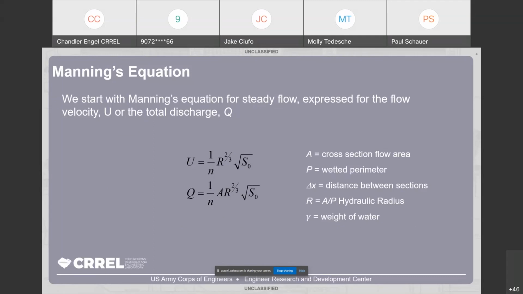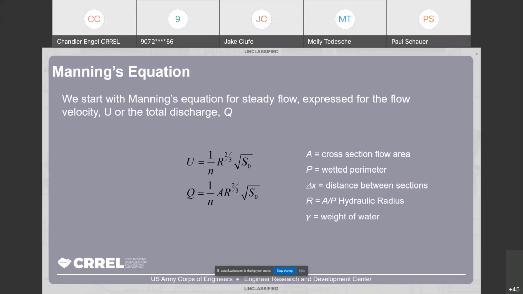In the first equation at the top here, U is the flow velocity in feet per second or meters per second, depending on your unit system. And n is the Manning's roughness coefficient, which describes how rough a channel is. Rough channels will tend to have higher stages because the channel bed introduces more friction than a smooth lined channel, for example. Those friction losses need to be made up by higher stages, higher potential energy. Since n is in the denominator here under the 1, as n increases, the velocity slows down. So you can see that